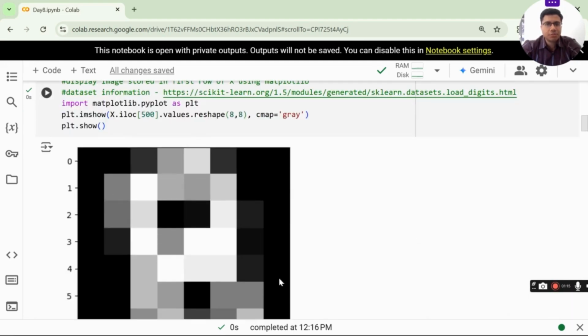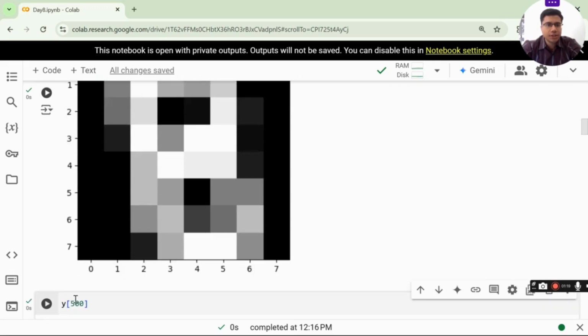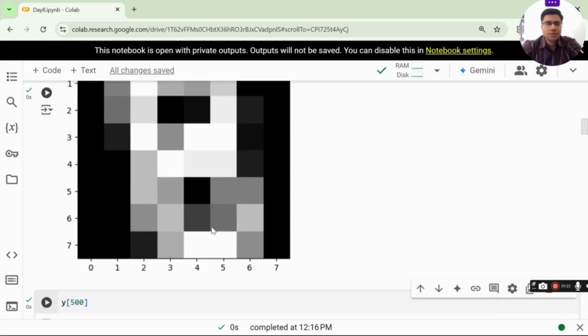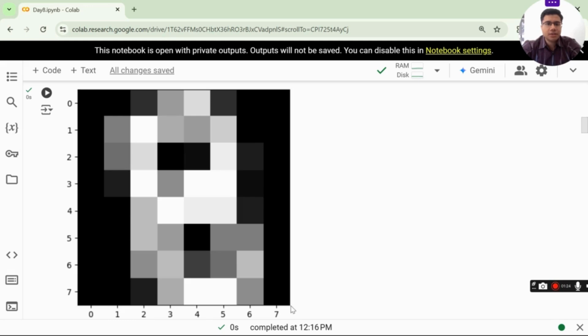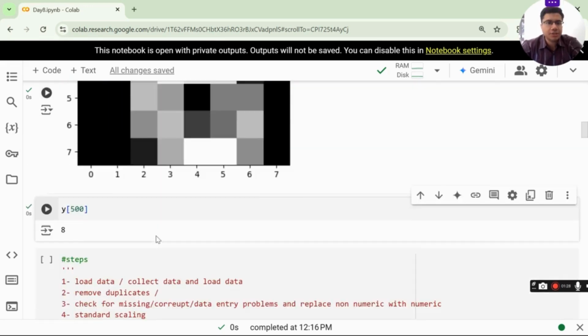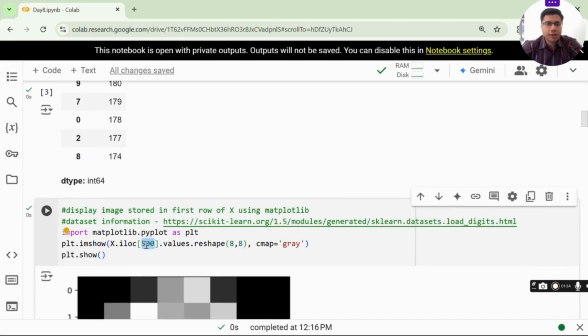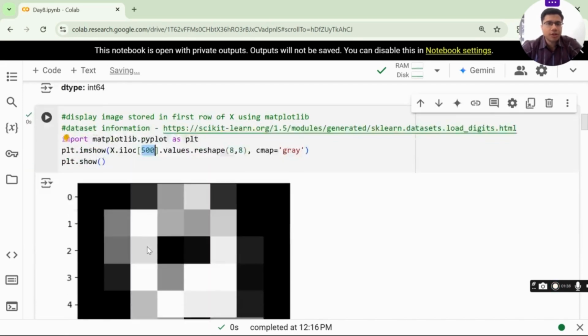Okay, so it is a blurred image because it is just 8 pixels. You can see 0 to 7 and 0 to 7. So this is the grid, an 8 by 8 grid. Each point is an image. So similarly, you can plot any point. Currently I have plotted the point number 500, but you can just change this number and plot any point on